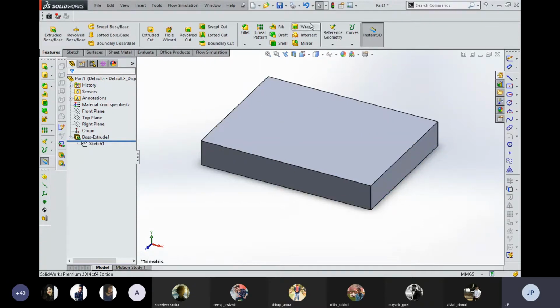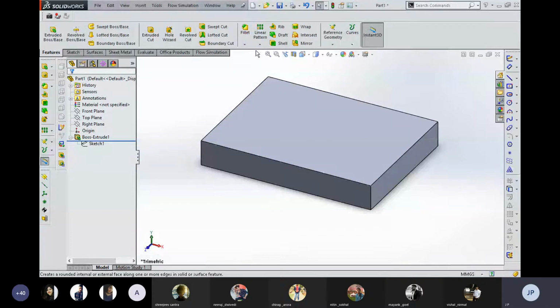After this, you can see that these modification tools are activated because they need a parent part on which they have to be applied. So the first tool that is written over here is fillet. Actually inside this there are two tools, that is fillet and chamfer. You saw the bolts which are available in the market that have some sharp edges at their boundaries. So for keeping all the people safe while using that nut, we need a roundness at the edges or intersection of two vertices. With respect to this, these two tools are available.